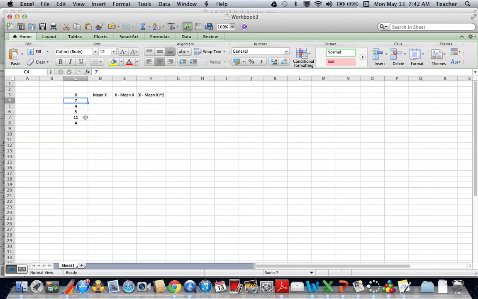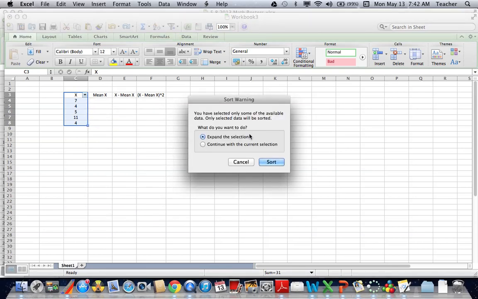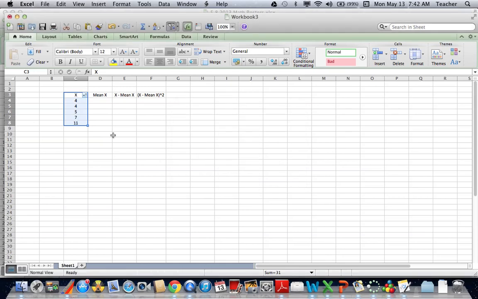The nice thing about this is that you don't have to put these in order. If you wanted to, you could highlight those, put a filter at the top, and then sort them ascending, like so. And then the first thing that you want to do is